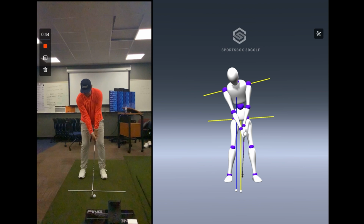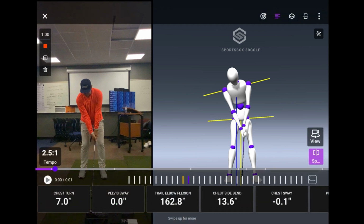And what you can relate it to is if we take a look at where this purple line is and that golf ball in the bottom, versus the yellow line where the pelvis is. These are like center of mass reference points. You can see how much of a gap there is. So now when I start making my swing,